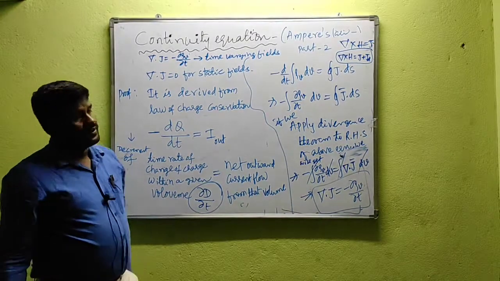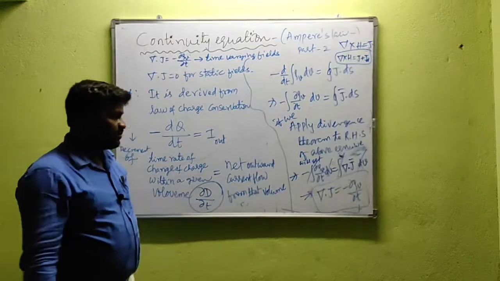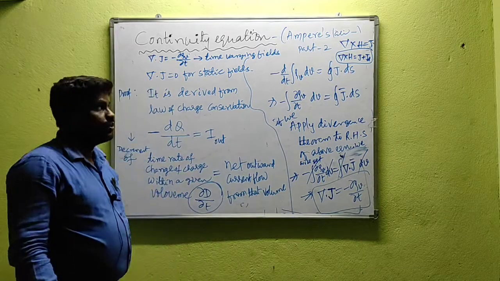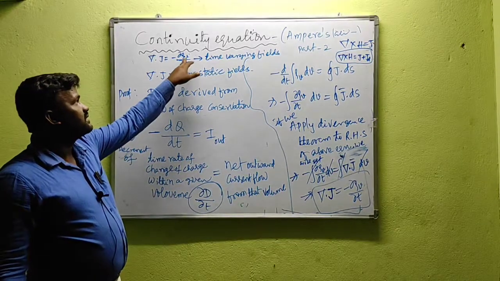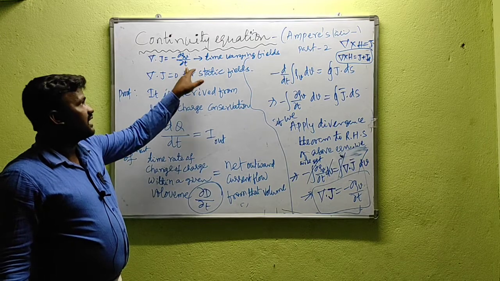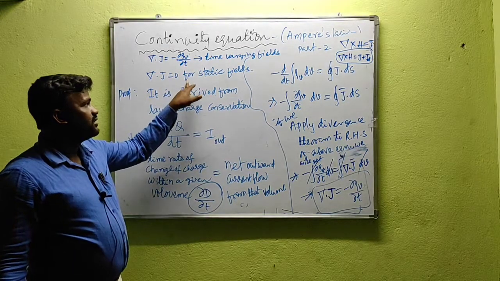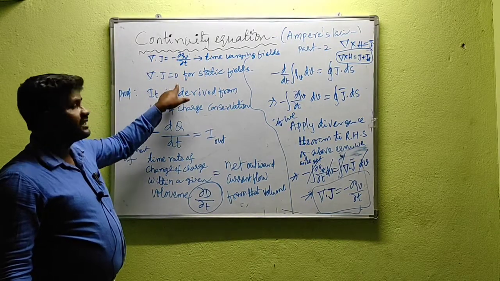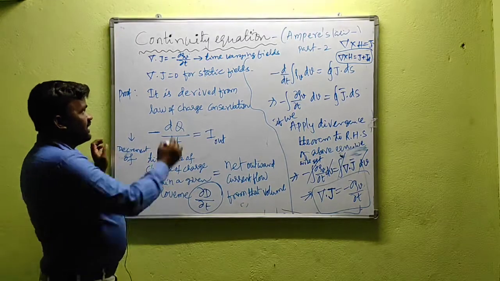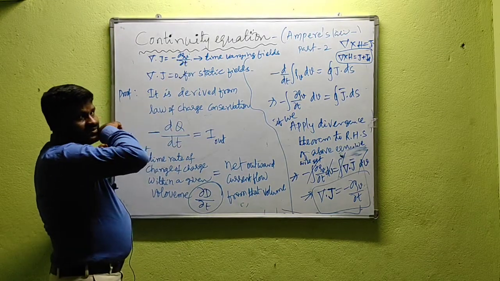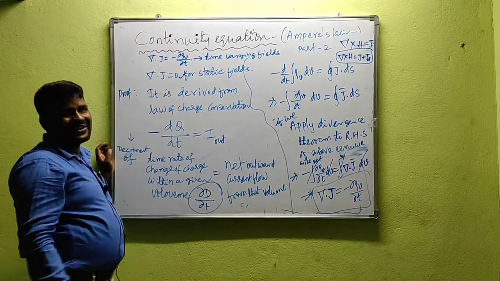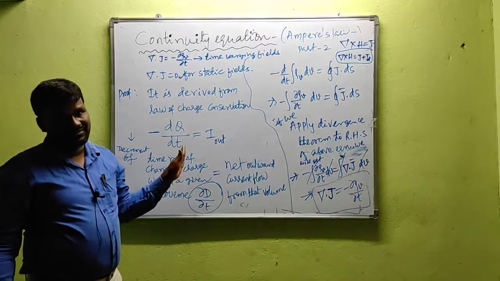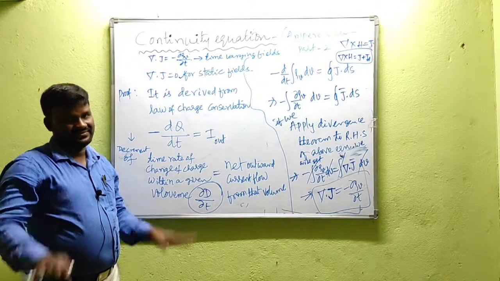This is all about the continuity equation. From the continuity equation we can prove del dot J equal to minus ∂ρv/∂t. If the charge density does not vary with respect to time, then del dot J equals 0 for static fields. So we have del dot J equal to minus ∂ρv/∂t for time varying fields and del dot J equal to 0 for static fields. That's why we had the incompatibility of these two equations in the previous video. Please watch this video and the previous video carefully, and we will get clarity. Thank you.